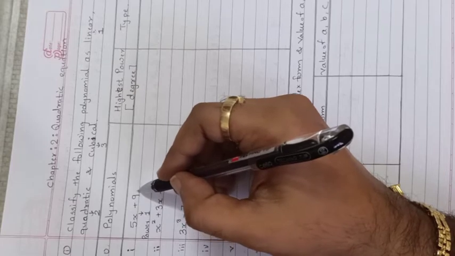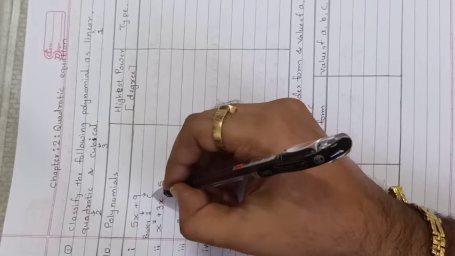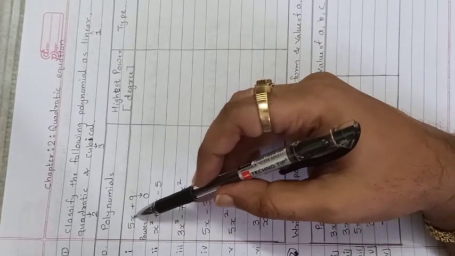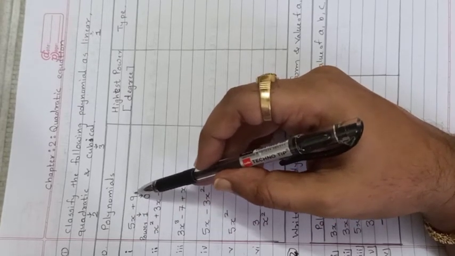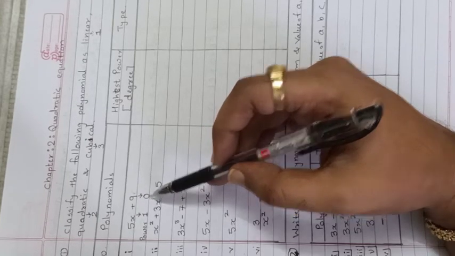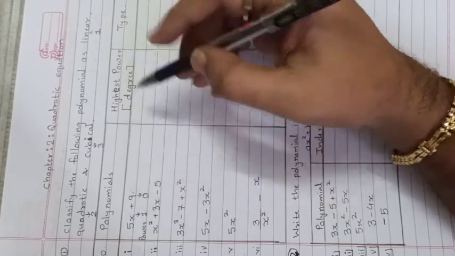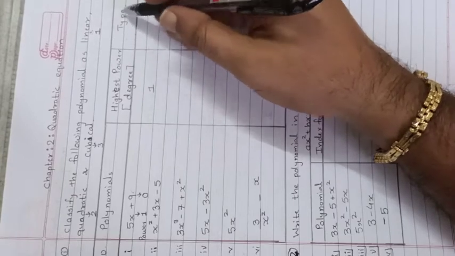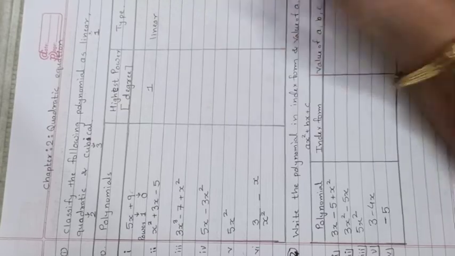And what is the power there? Is there any x? No. If x is absent, the power is 0. Sorry, the power is 0. So when x is raised to nothing, the power is 1. When x is absent or x doesn't exist, then the power is 0. Therefore, what is the highest, 0 or 1? Definitely 1. So the highest power, that is the degree, is 1. So what type of equation is this? This is a linear polynomial. So I'll write linear polynomial.